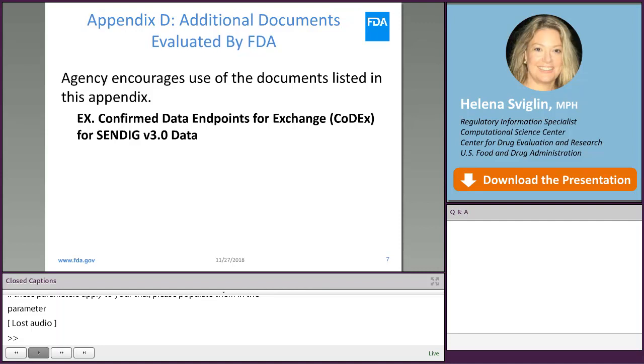So for those, we still would like to give comment to industry on how it may or may not be appropriate, or if it fits with our review needs. So we've developed this appendix, Appendix D, to give our comment that we encourage you in the industry to use this document as you put your data together and you would submit it to the FDA. So, for example, we have